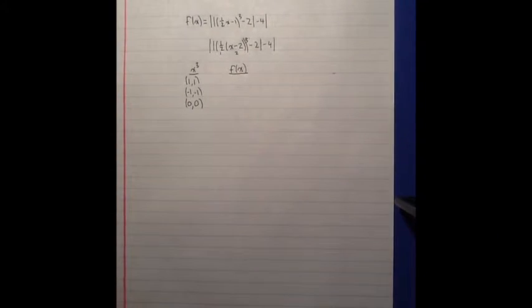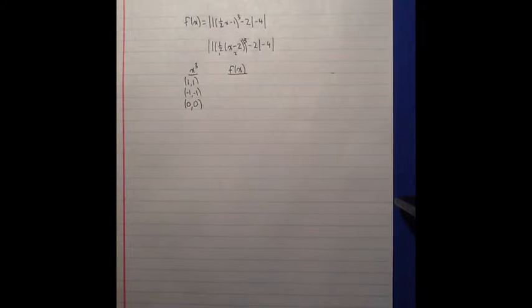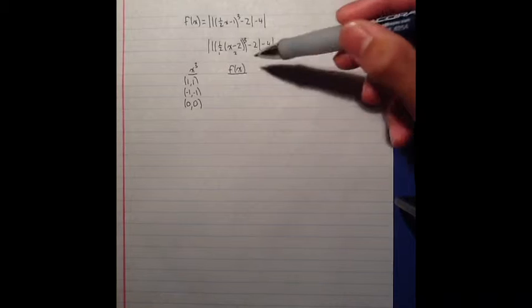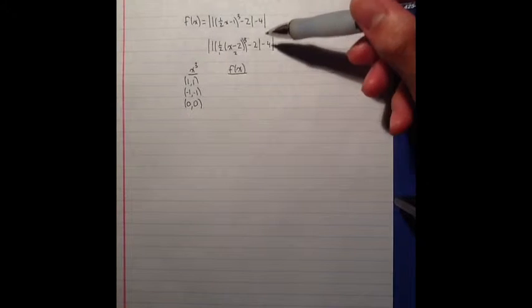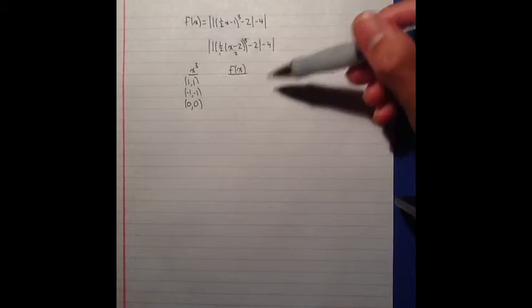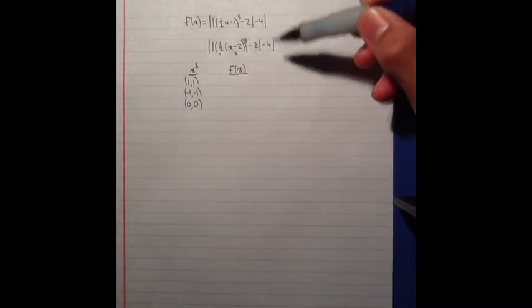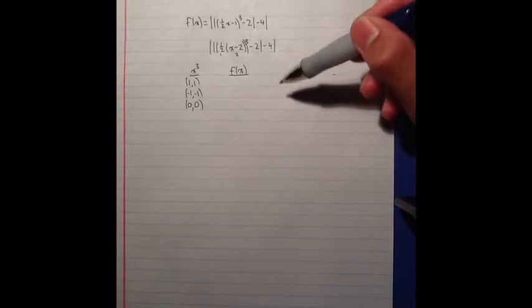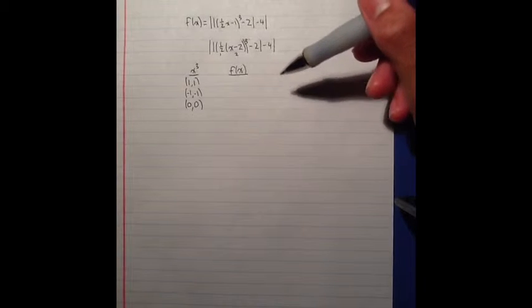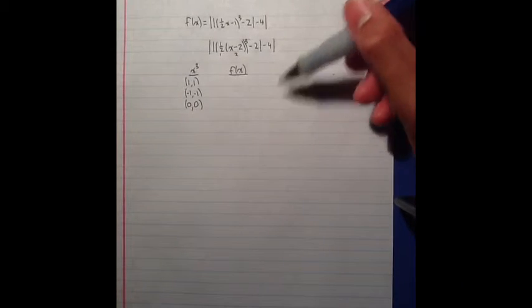So to find where the y values on the basic graph transform to, we would first subtract 2, and then because of the absolute value signs, we would make all the y values positive, and then once we make all the values positive, we would subtract 4, and then because of the second absolute value, we would make all the